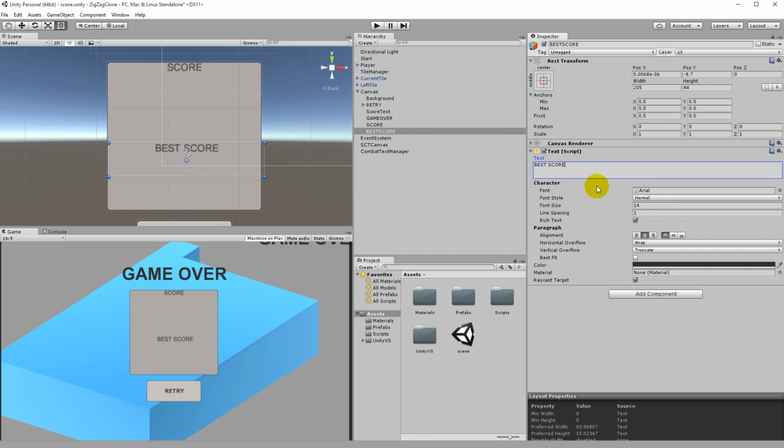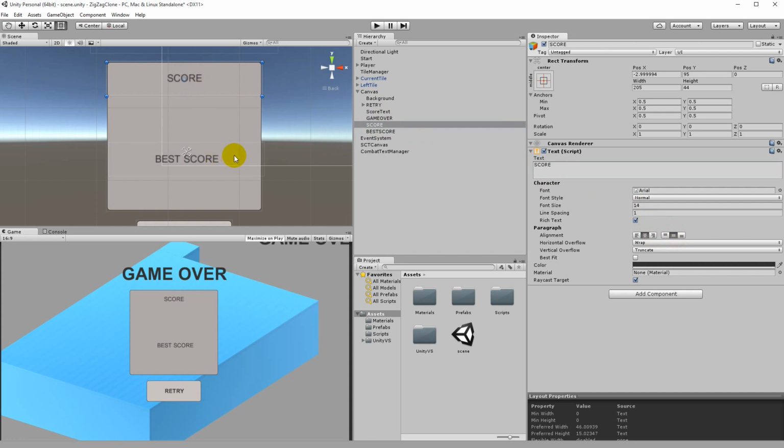And I can basically make this be in the middle and click on the other one also and put it in the middle aligned here, so it doesn't go in the top. And you can change the font size. I don't know what size fits best. Not sure, maybe something like 20 or something. Let's try score 20. Yeah, that's okay. Best score size 20. So now we have the score and the best score, but we also need the